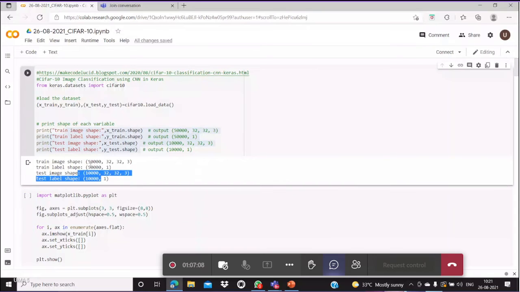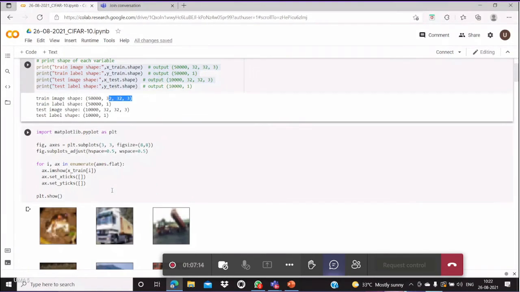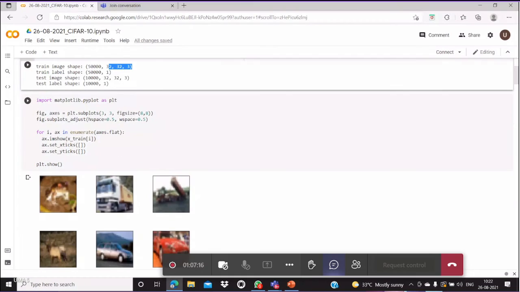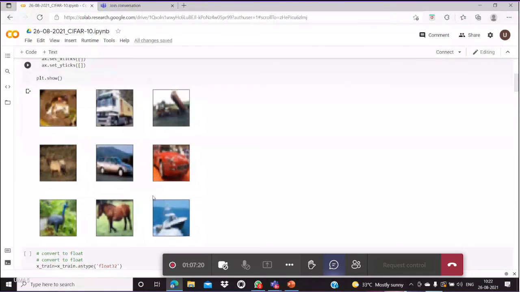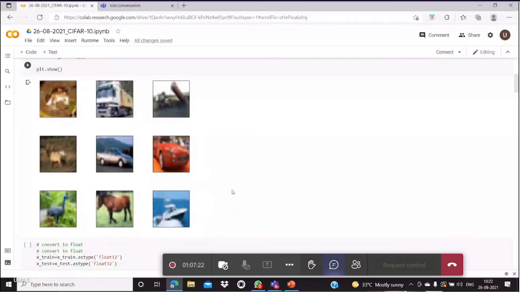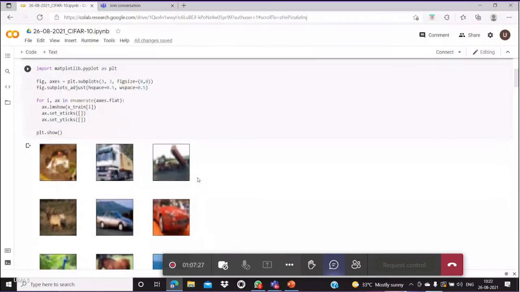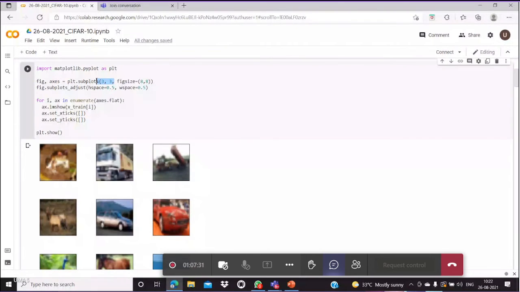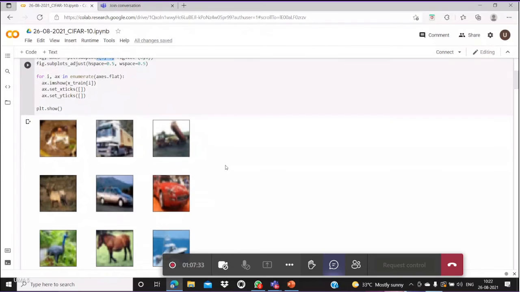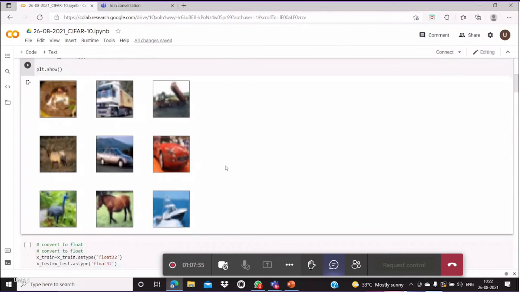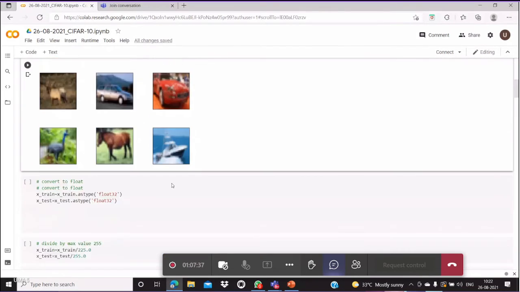The shape is 32x32x3, which means RGB images are processed. Then there are 10 classes for the classification. From the CIFAR 10 dataset, I show only the first 9 images, because we can't view 50,000 images here. I plotted them with matplotlib, taking only 3x3, totally 9 images, and I'm displaying the images.